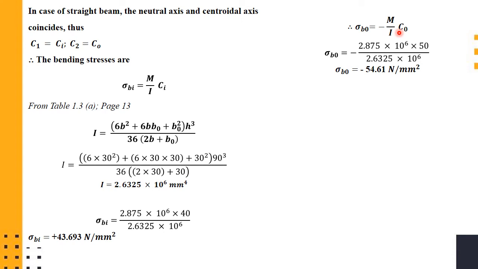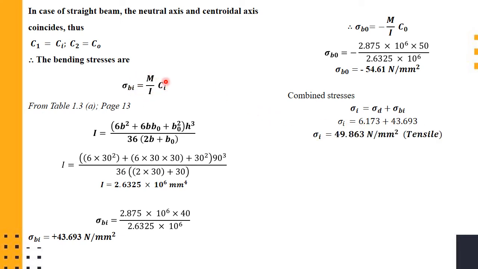So with that, we can also calculate the combined stresses. Sigma d we have already known. Sigma d is nothing but F by A. It is the same for any beam. So the combined stress will be equal to sigma d plus the sigma Bi which we got for the straight beam. So we'll get the combined stress for the tensile loading condition,